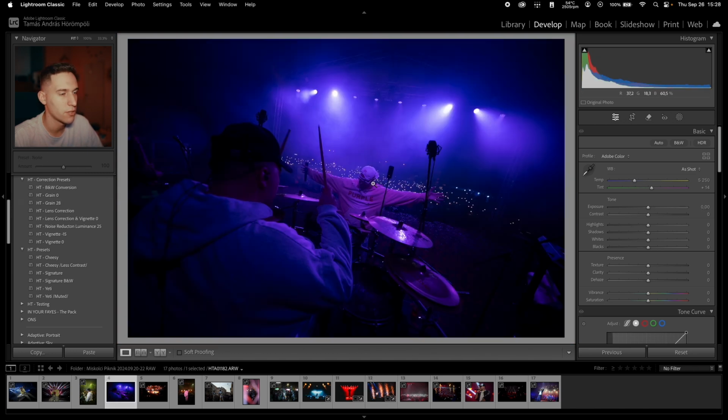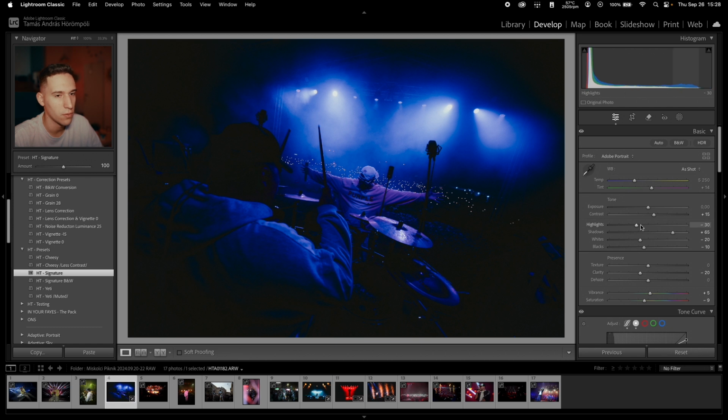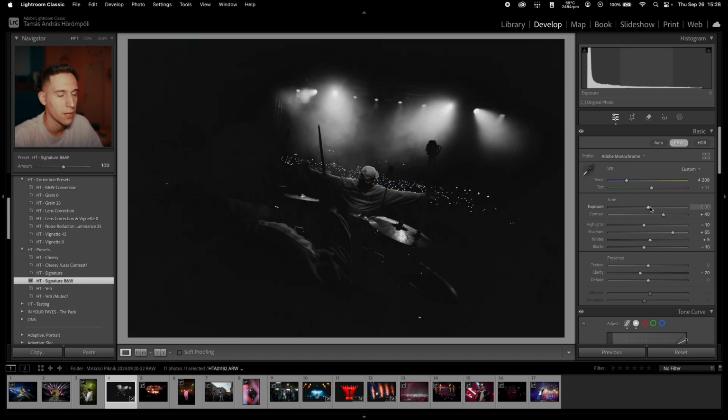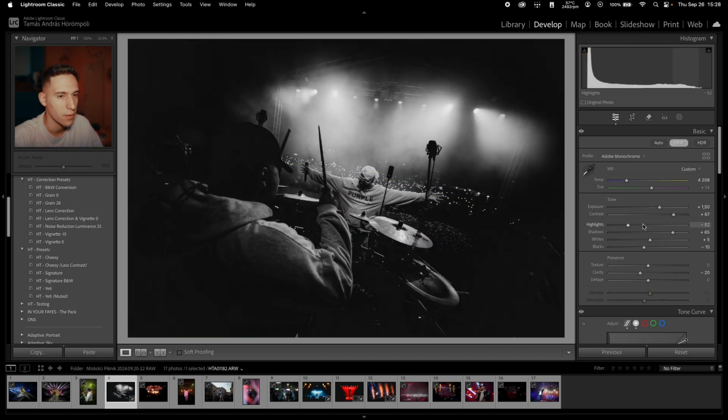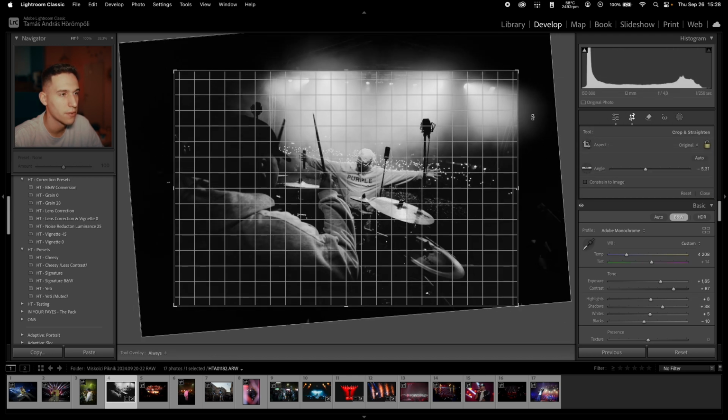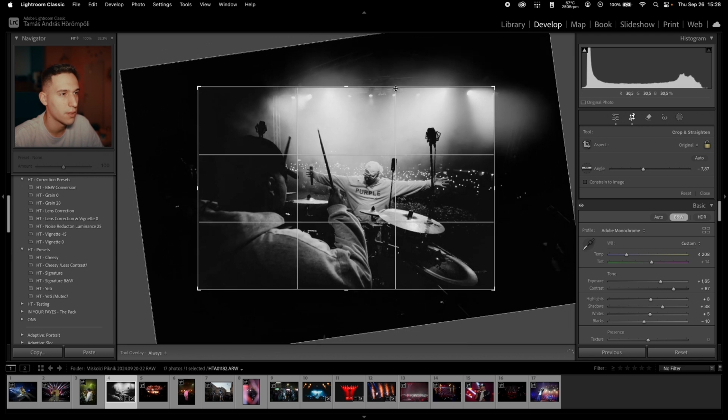If you just look at this image, you can see that it has captured a great moment, but the lighting is a little bit flat, in my opinion, because it is mainly blue, which can also look good if you want to work with that. But in my opinion, you can just see that this picture would look much better in black and white. Now this may look a bit dark, but we can just play with the sliders, crop it in, straighten it out, and